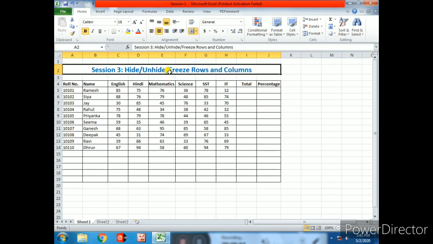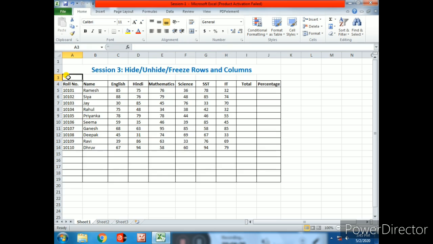Now let me see how we can use the hide or unhide feature. In our worksheet, I want to hide Rahul's details. For that, we have to follow the steps. First of all, we have to select the row or column that we want to hide. Now click on the Home tab and then move to the